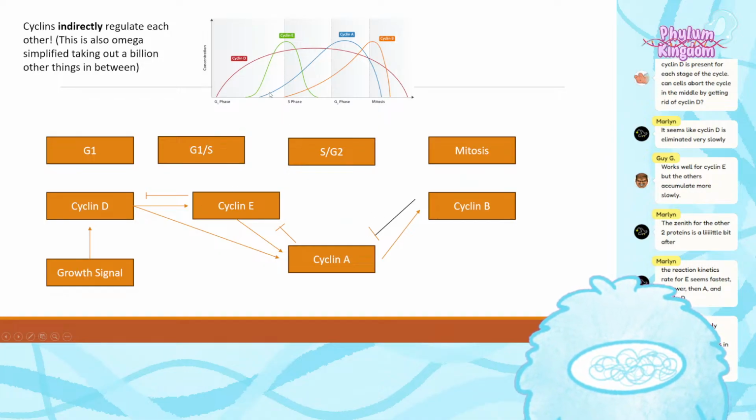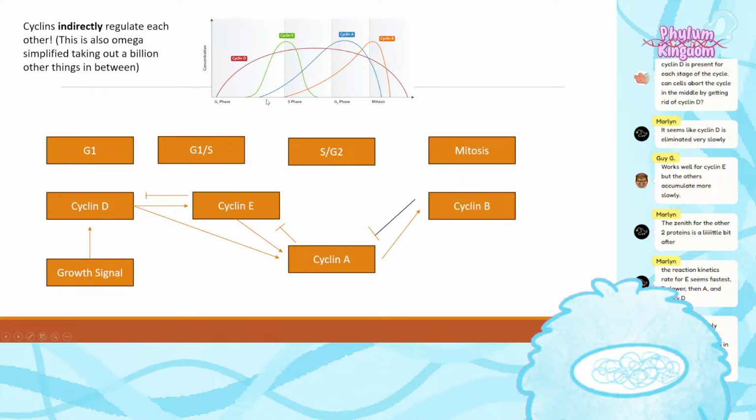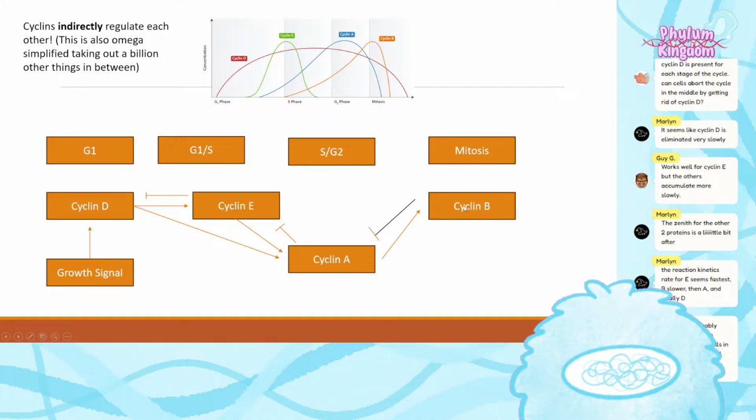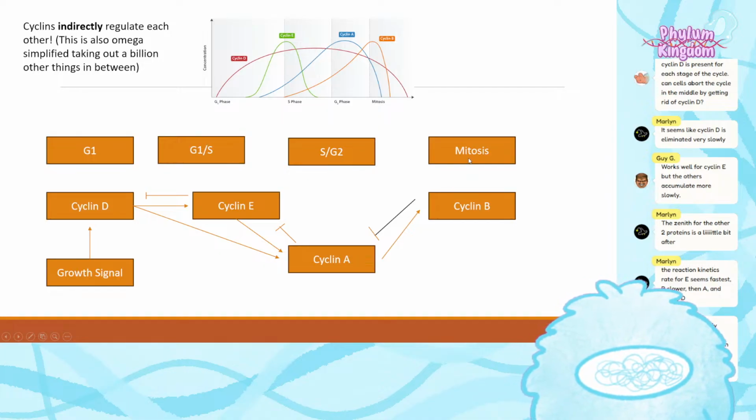And look, as cyclin A increases, then you get a little bit of lag time, and then cyclin B starts to increase. Cyclin B negatively regulates cyclin A, so as cyclin B increases, you get a drop off in cyclin A. And we know that when you have high cyclin D, you get this signal to start the cell cycle. When you have high cyclin E, you get shoved into S phase. When you have high cyclin A, you get shoved into G2. And then when you have high cyclin B, you get shoved into mitosis, right?